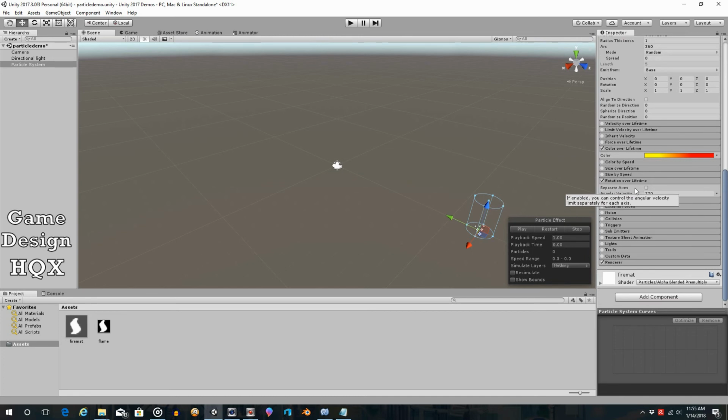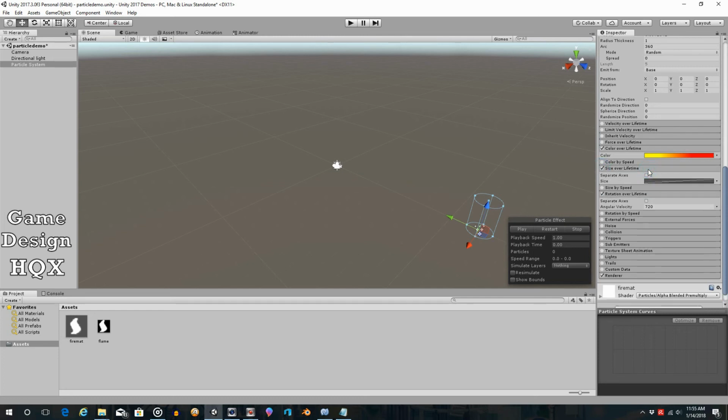All right, so now let's do size over lifetime. So what we're going to do here is, right now the particle just disappears at the top. That's really what your eye is seeing. It's seeing that a particle is there and then it's not there. Well, if we shrink it before it disappears, that will look more natural. So if we click here,